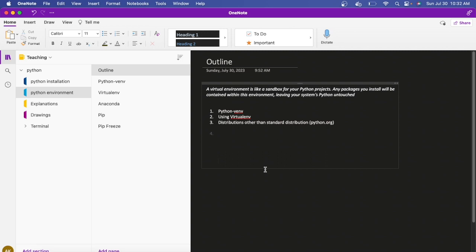Right, so now that you know why we need a virtual environment, let's talk about the 3 ways you can install virtual environments on your computer. The first one is python-venv. This one comes with the standard distribution of Python, which is basically